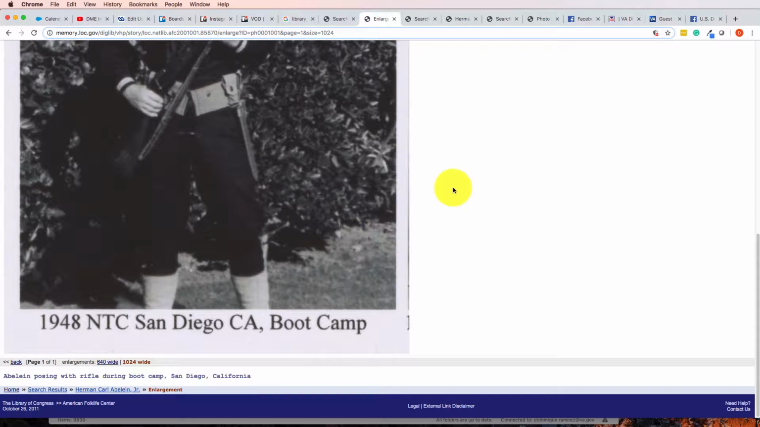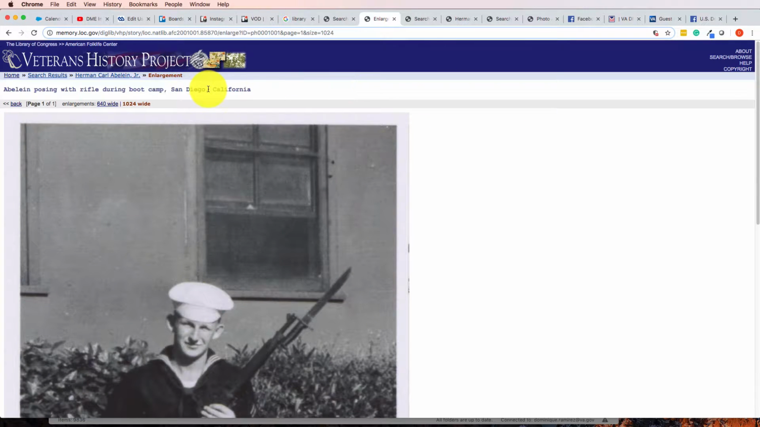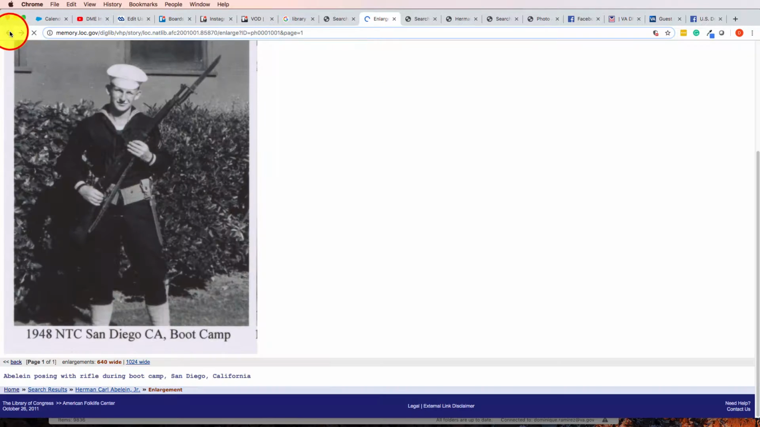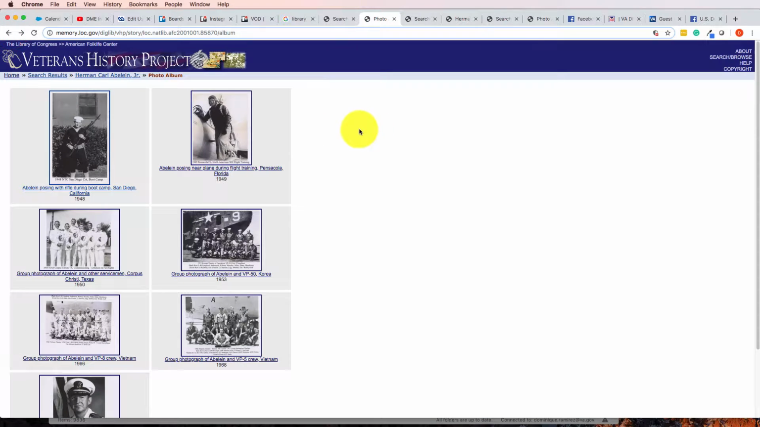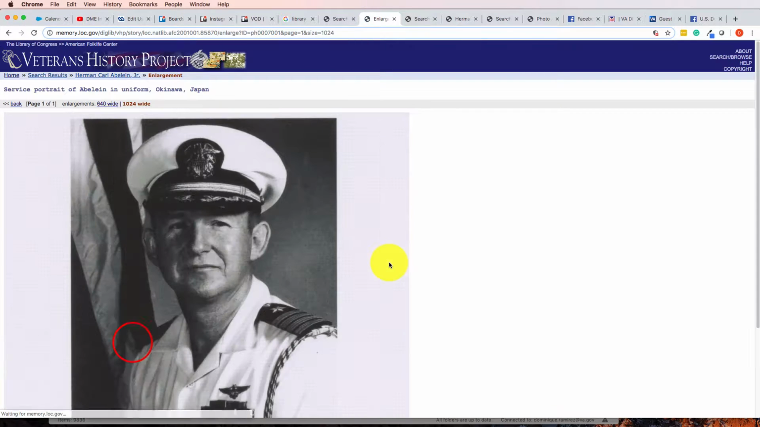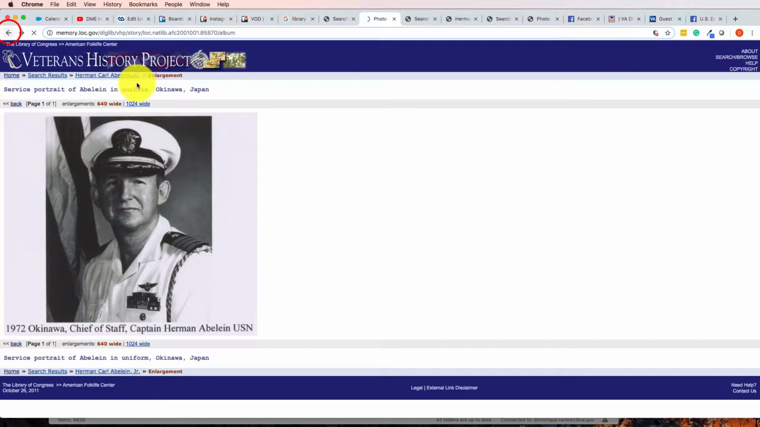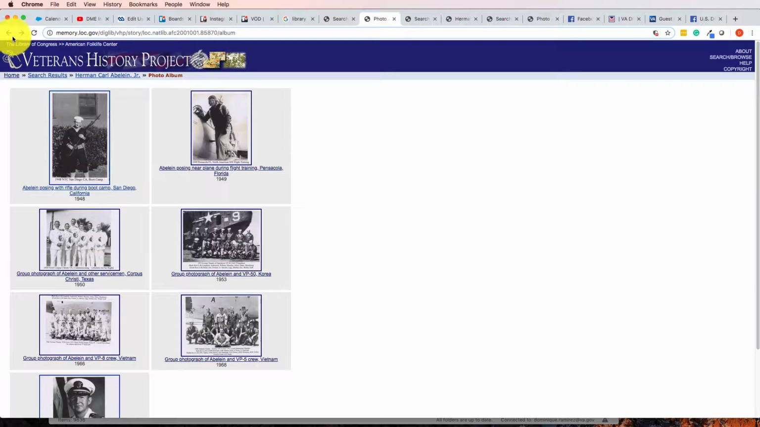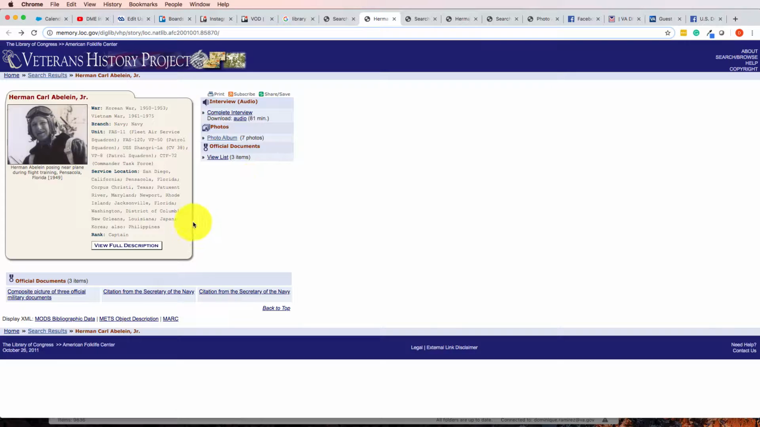The higher the resolution, the bigger the picture, the better that the graphic designers can make the graphic for the veteran of the day. So you're looking for a veteran that has multiple high resolution photos like this one, 1024 wide. Boom, that's a good one. We could use that. And it also has some information that you can use to write up the story